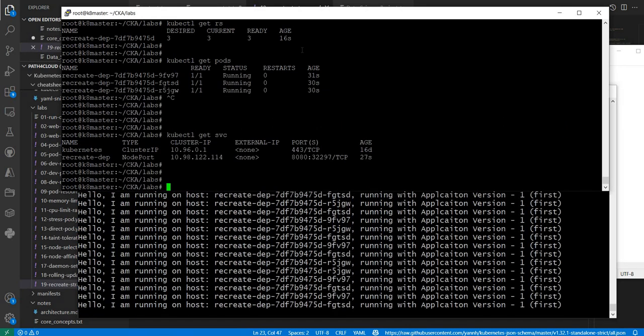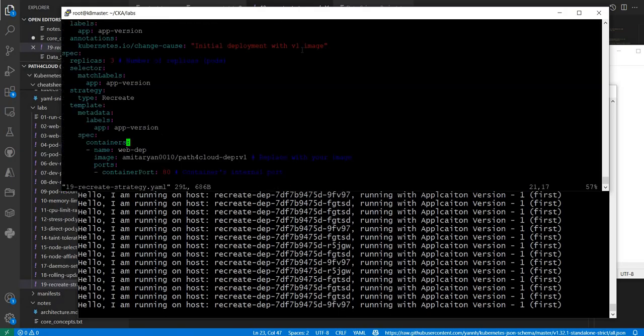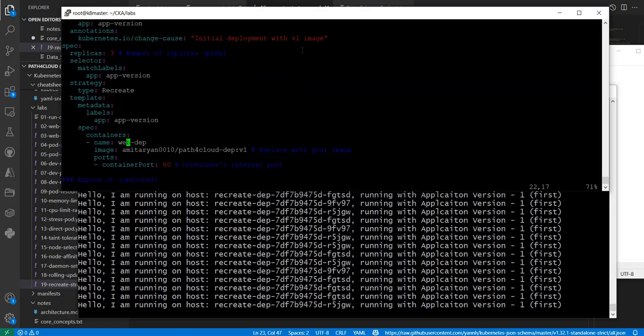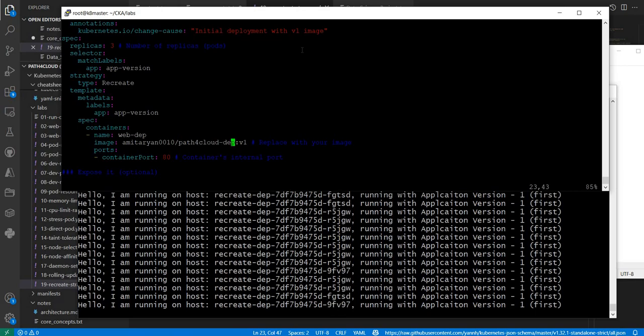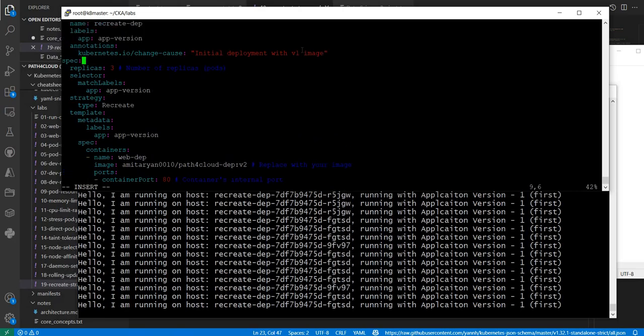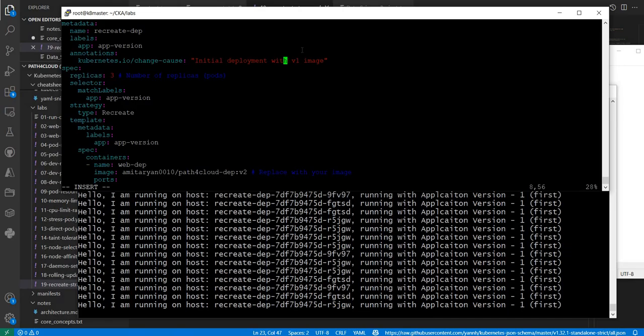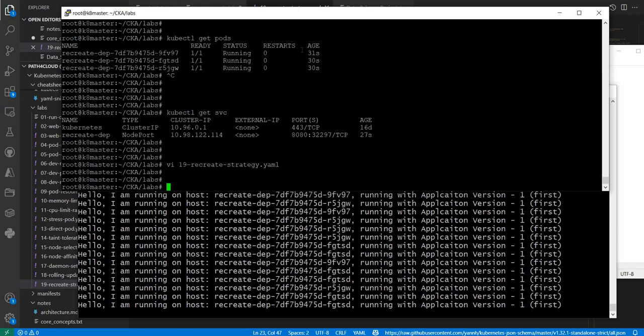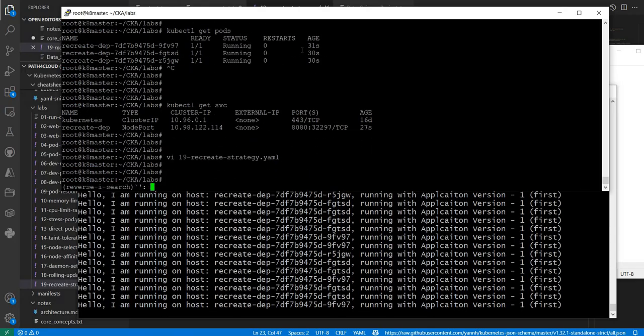Now let's do one thing. Go to this file and change it to version 2. Fine. Here also, let's say version 2. It is rolling recreate tab. Okay. Fine. Now if you apply this,